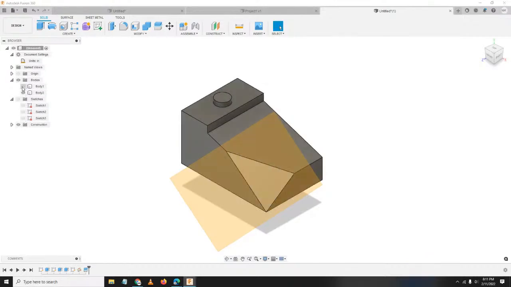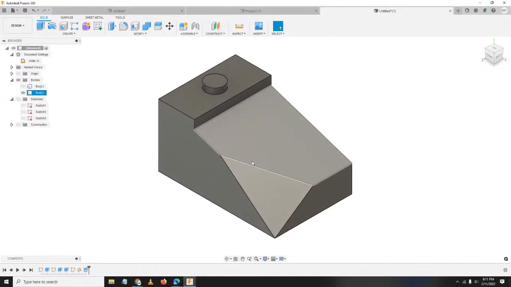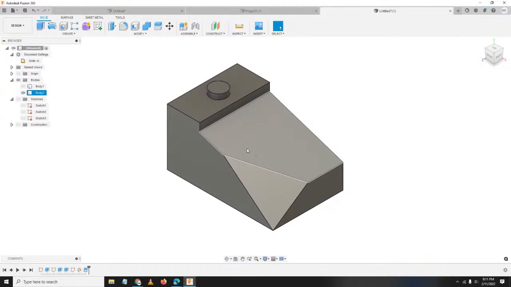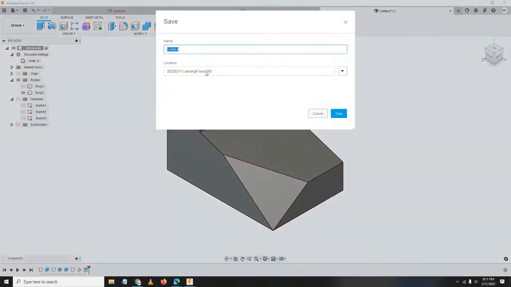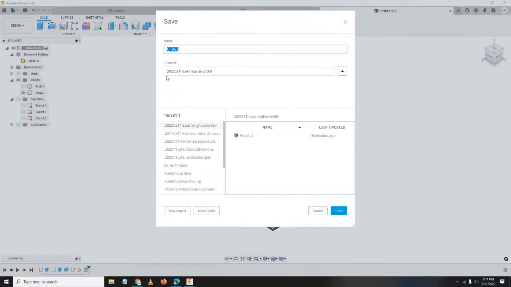Okay, so let's turn off the visibility of body 1 and the construction. So, pwede nyo na siyang i-save. By default, nasa folder ko na 2020-2021.